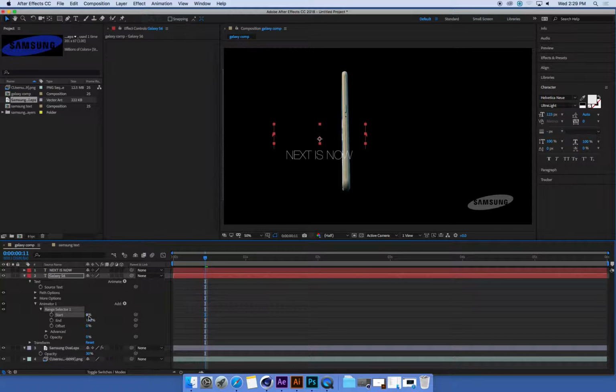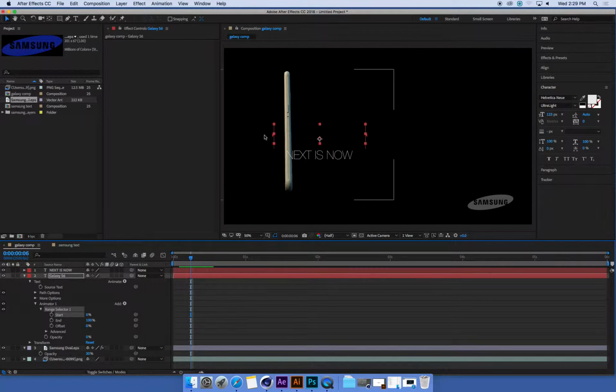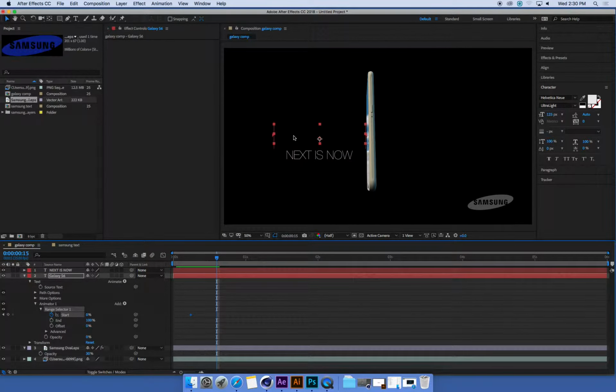Set that start value to 0, and then scrub in your timeline until you can see the phone has just gone past the start of your text block. Once it's done that, I'm going to turn on the keyframe for that range selector start. Then I'm going to scrub a little bit further along on my timeline until the phone has gone all the way across the text, and I'm going to turn that start percentage up to 100, and hopefully it'll kind of look like